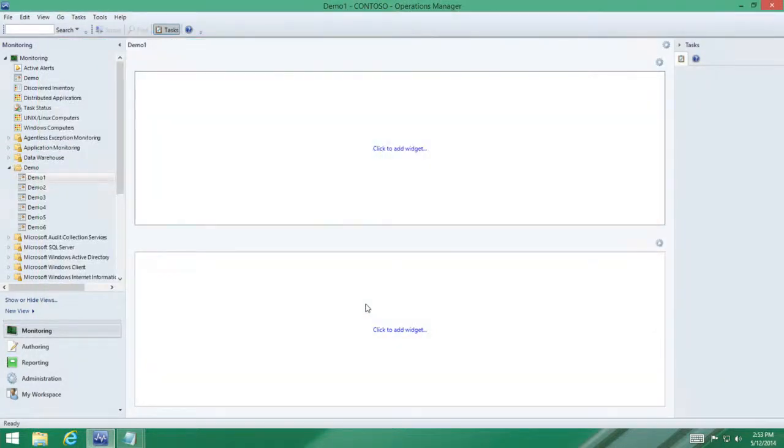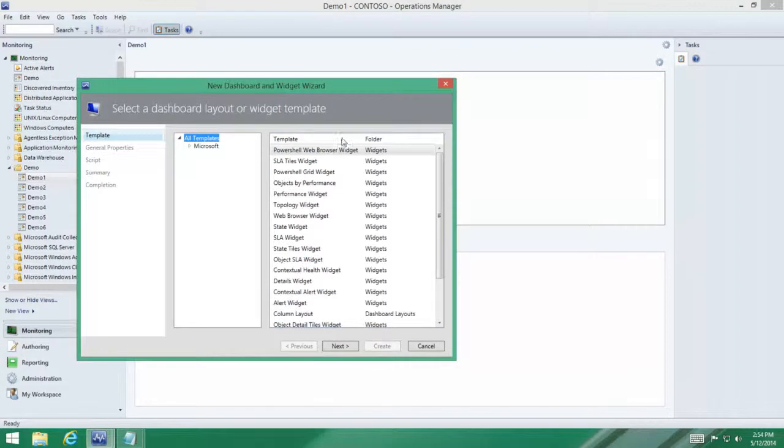Now, when trying to display these Active Directory objects in their geographic location, the topology widget makes the most sense as the best out-of-box experience. So we'll add that to the first cell by clicking Click to Add Widget and selecting the topology widget